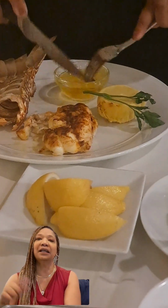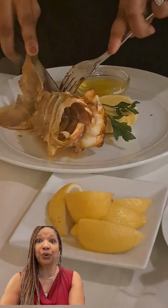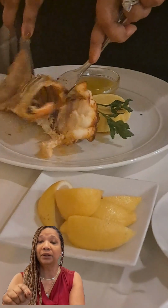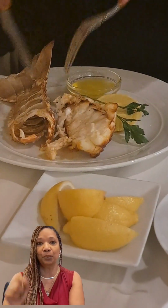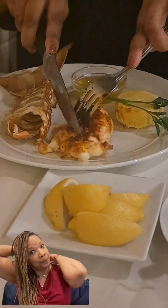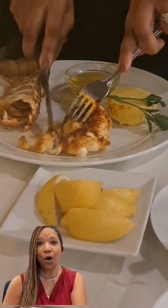So they could have taken it off the grill, because it was grilled. Actually, it was broiled. They could have taken it off the broiler about 5 minutes sooner. So that's my only thing. So again, I'll give them a 9 on that. But overall,